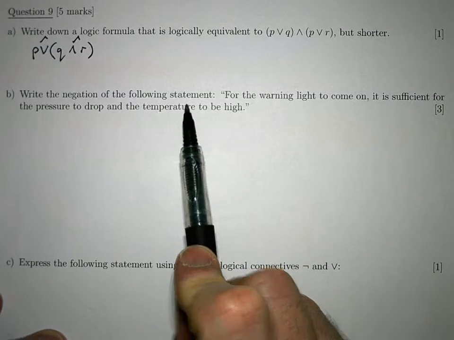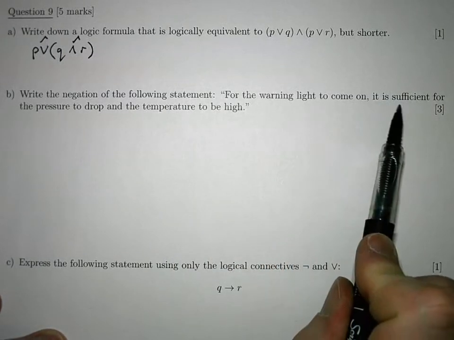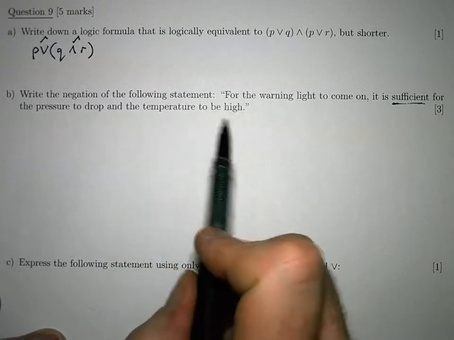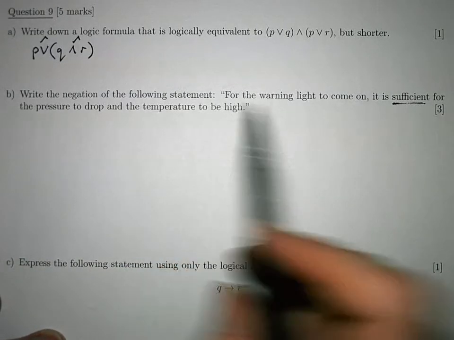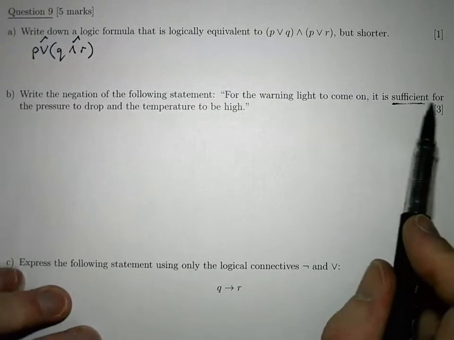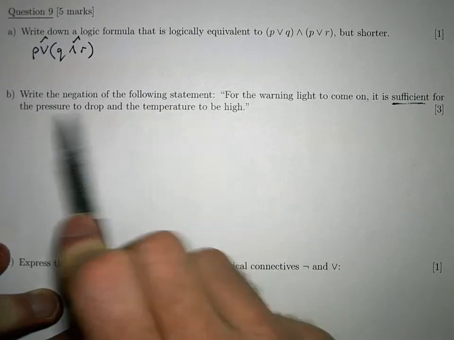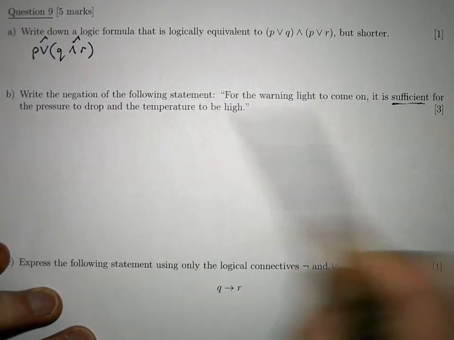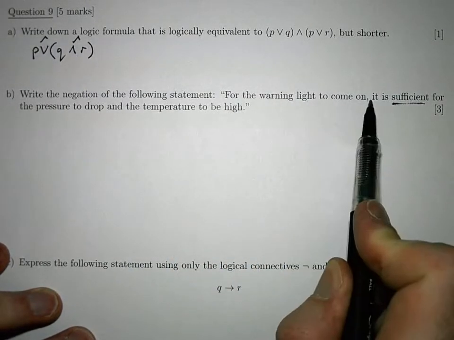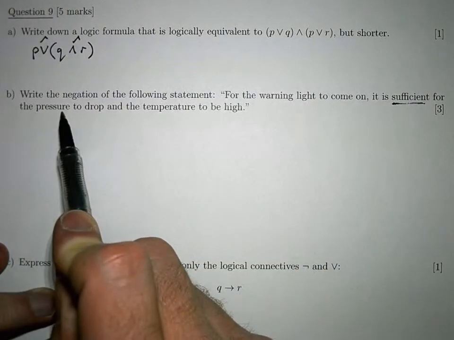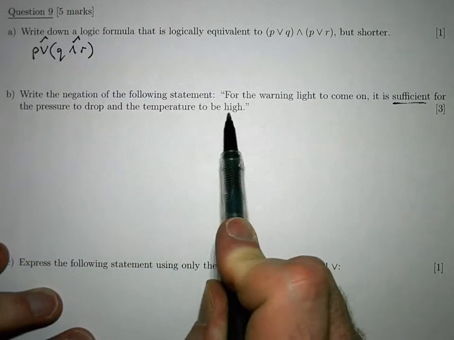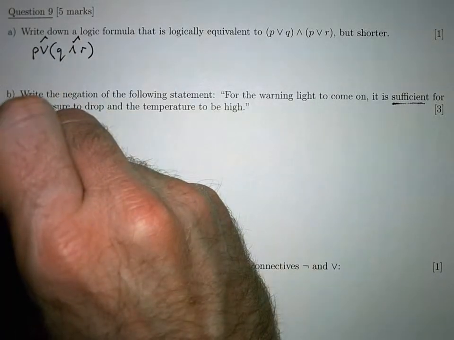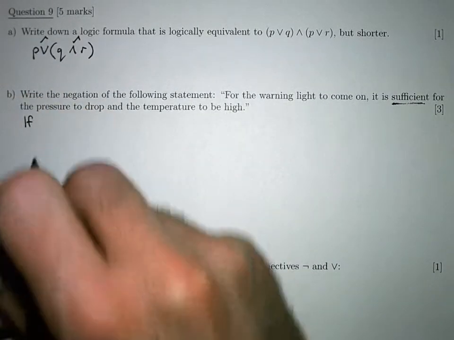Moving on to the more tricky one, where most of you really fell down. Write the negation of the following statement: for the warning light to come on, it is sufficient, and this is the tricky bit, for the pressure to drop and the temperature to be high. So what does "it is sufficient" mean? That means that as soon as this happens, this is sufficient, that as soon as this happens, this will happen. So if the pressure drops and the temperature is high, that is sufficient for this to happen. Writing it in if-then form, we've got: